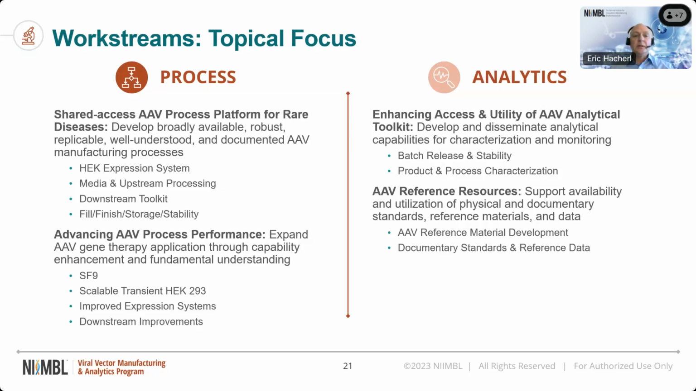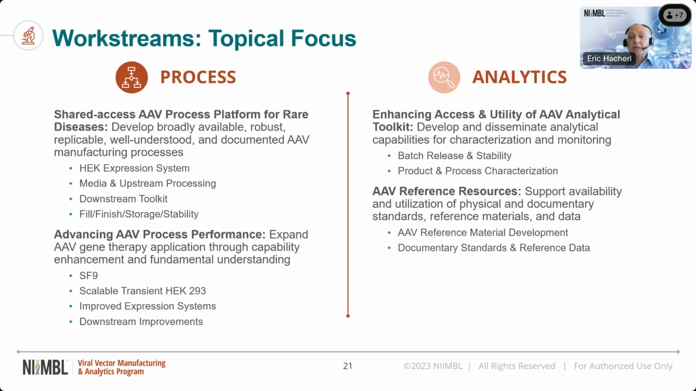And within that platform process, you can see 4 sub-bullets that really march through the drug substance and drug product manufacturing steps. So the HEK expression system, we are going to start with triple transfection-based upstream processing, create protocols for that processing, provide information on key starting materials, and the documentation that's needed for freedom to operate. Media and upstream processing, again, chemically defined media, but we will provide you with those key media, protocols for serum-free suspension, and process performance capability demonstrations. The downstream toolkit will include purification processes for multiple AAV serotypes,